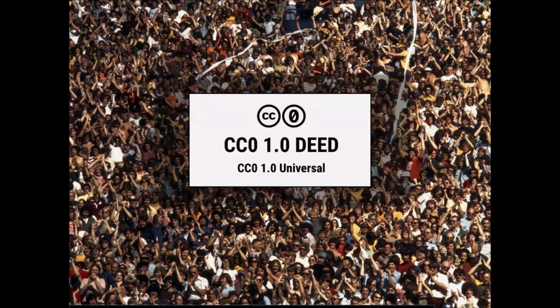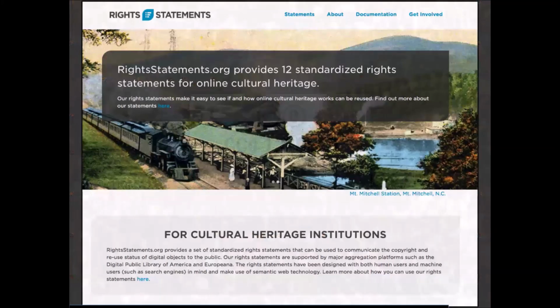But if you've also worked with CC0 or with Creative Commons licensing as part of an institution, you have probably realized that CC0 licensing or CC licensing is really great for individuals, but it isn't quite what institutions are often looking for when it comes to trying to provide guidance for their patrons in terms of how they can use their materials. And so the DPLA has been a big supporter of another project called rightstatements.org, which has been around